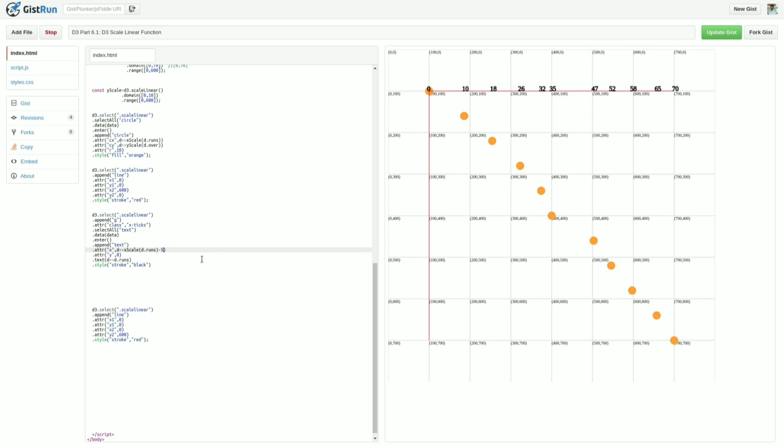Sorry, instead of that I will use the text anchor as middle. So you can see now that your score, meaning the runs in each hour, is displayed here.